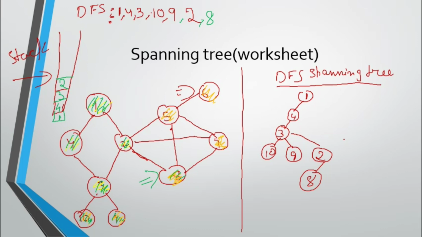Yes, so in my output this red, green, don't get confused with red and green. Okay, I'll make it red only. 8. From 2 to 8. So put it here, 8. From 8 where can we go? We can go to 7 from 8. Okay, we can go to 7, so put 7 here in the stack.